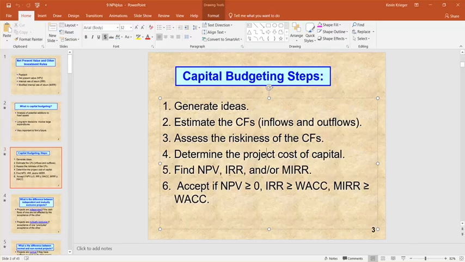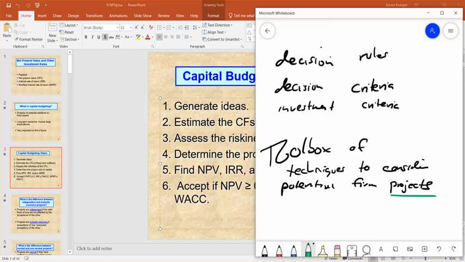So when we come to the idea of a project, the bottom line is usually that you're going to either accept it, which means take it on. Usually it has an upfront expense, but projects make cash flows for you in the future. Or you can reject it. Are you going to accept this proposed project, or are you going to reject it? Accept it, reject it. And these tools in your toolbox, payback, NPV, IRR, MIRR, are tools used to help make that decision.